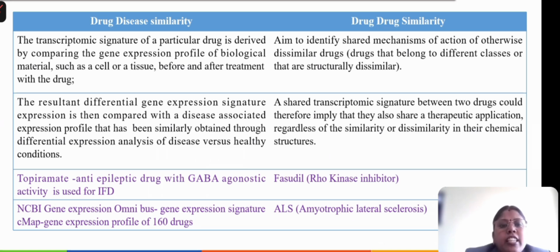That gene expression may be from a cell or a tissue, whatever it is. Then once you have the gene expression, the resultant differential gene expression signature is compared with the disease-associated expression profile that has been similarly obtained through differential expression analysis of disease versus healthy conditions. One such example is topiramate. This topiramate is an anti-epileptic drug. So when they compared the transcriptomic